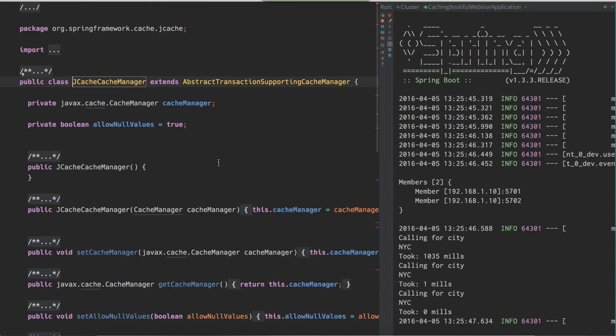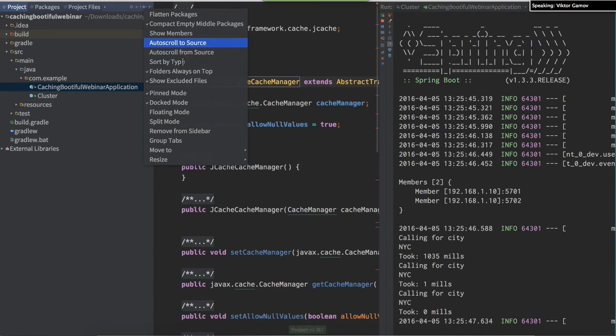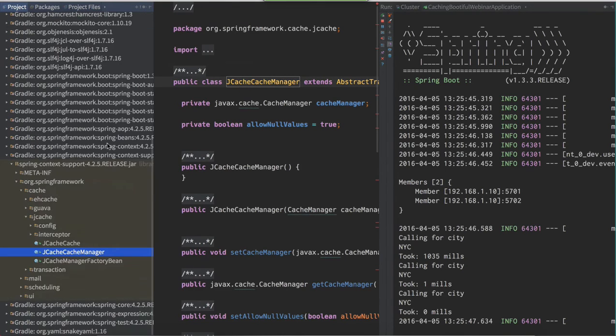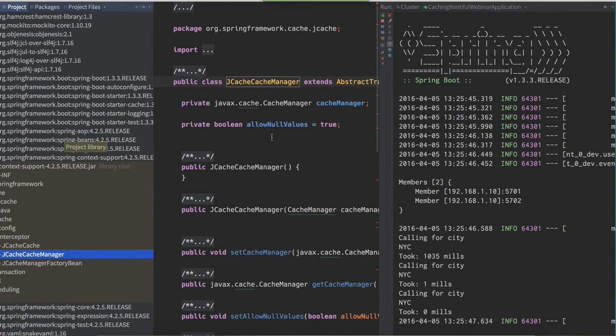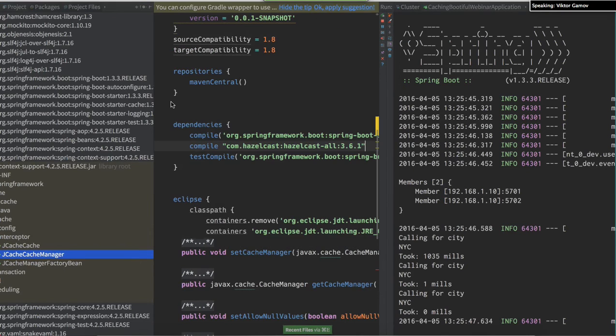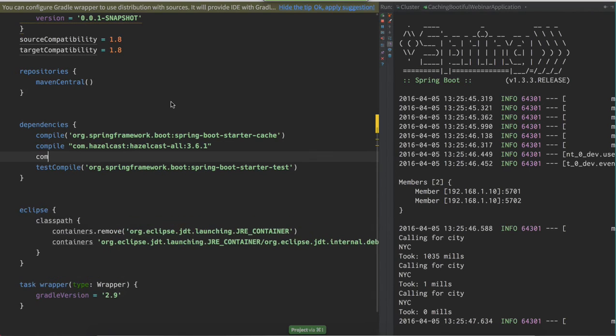including the JCache cache manager, that we can find in a class that is inside the Spring context support jar. One thing that is missing here is the JCache jars. So let's add JCache jars into the mix. What we need to do is add one more compile time dependency, javax cache API,